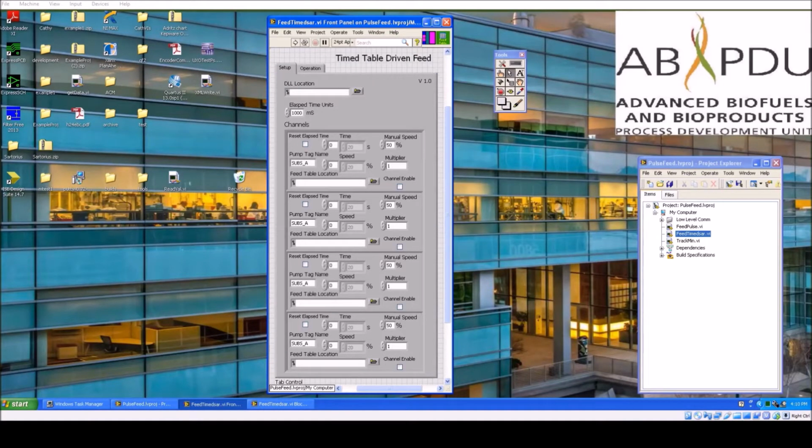So I'm going to go over the detailed function of the timed table-driven feed VI. This VI controls 4 channels of a Sartorius benchtop fermenter, and the function of it is to have an open-loop table-driven feed where there are tables that we load in CSV format that contain time values and pump speed values. And the idea of this VI is to step through the pump speed as the elapsed time